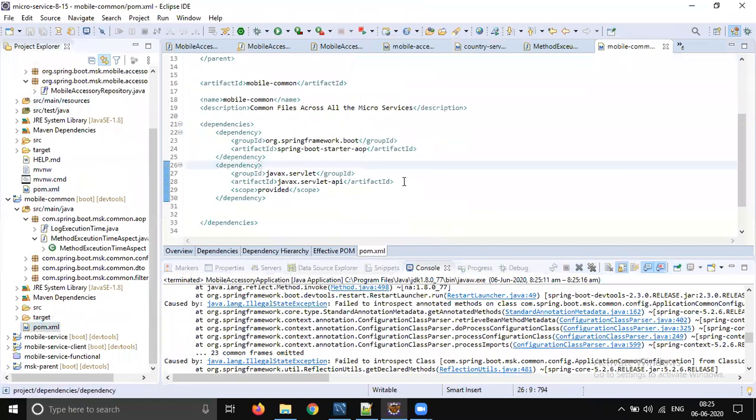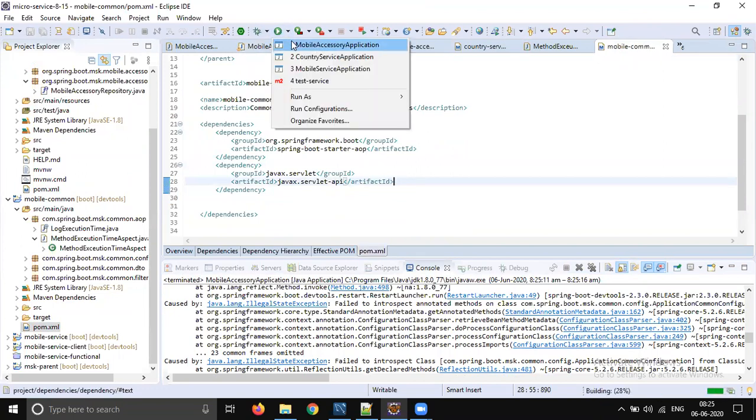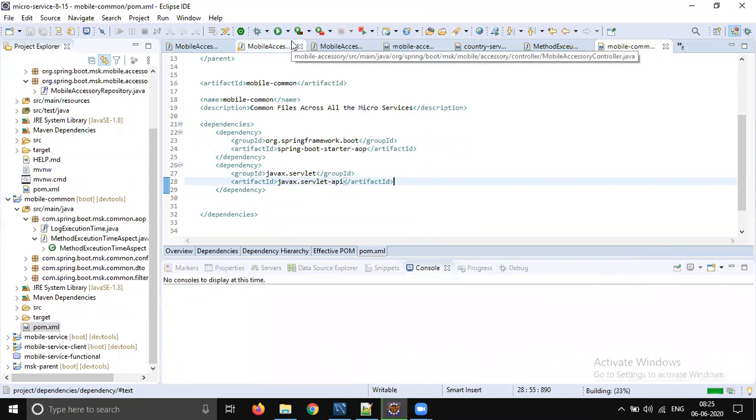Let's remove this code provided. Run mobile accessory. And I will tell you why we got that exception while we are running only accessory, right? I will tell you.